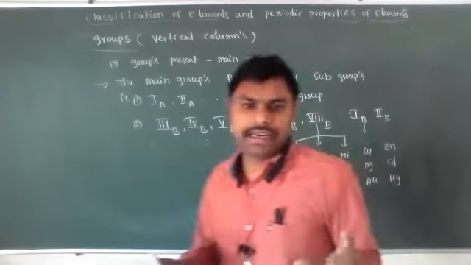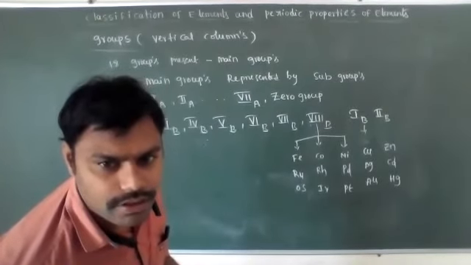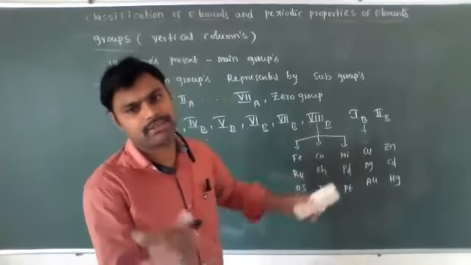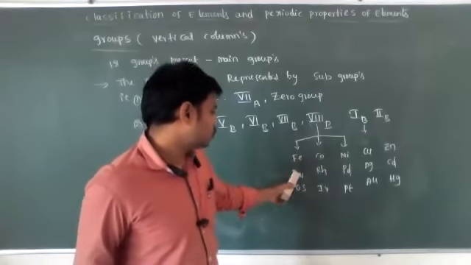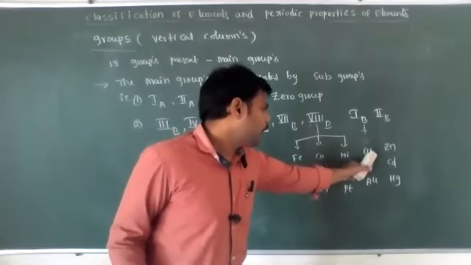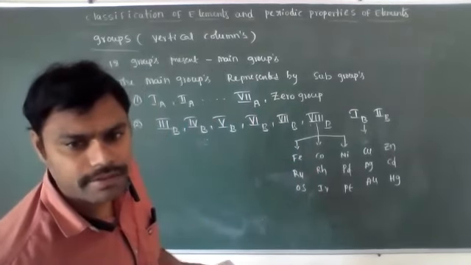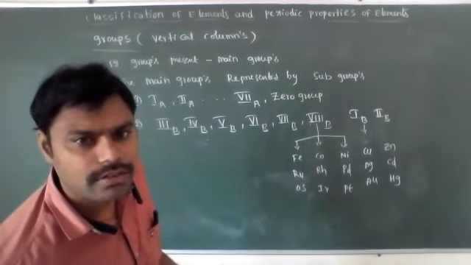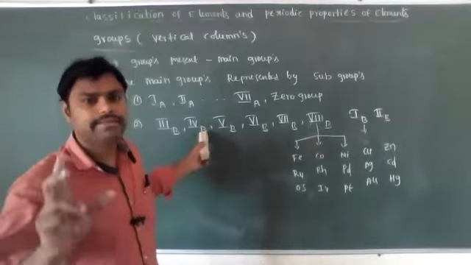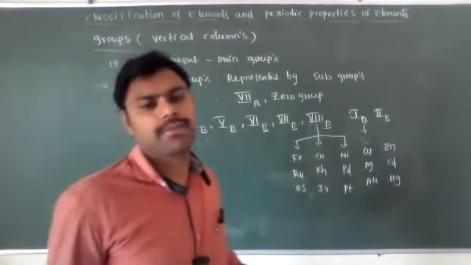Now let's see. I will give one clear-cut idea about the periodic table. Iron, ruthenium, osmium, cobalt, rhodium, iridium, nickel, palladium, platinum, copper, silver, gold, zinc, cadmium, mercury. Okay? This capital B represents D block elements. These Roman numbers with A are S and P block elements.